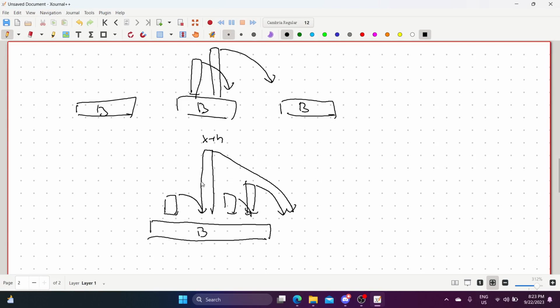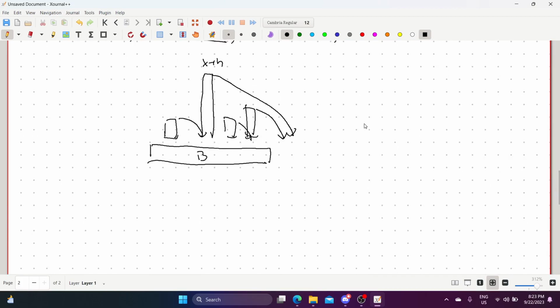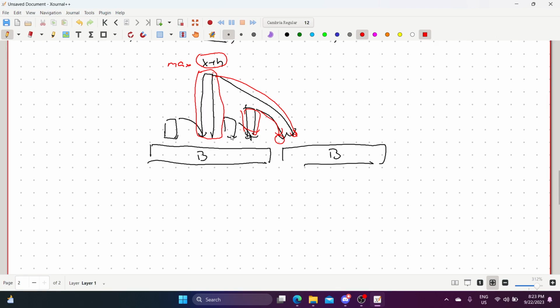we want to keep toppling the dominoes, because when a domino topples, it will cause a chain reaction. In order to know how it will affect the next bucket, we need to know the furthest one. For example, the stuff here is not useful because this is the furthest, right? So whatever this topples, the longest one will always topple also. So you want to find the maximum x plus h among all the dominoes that it